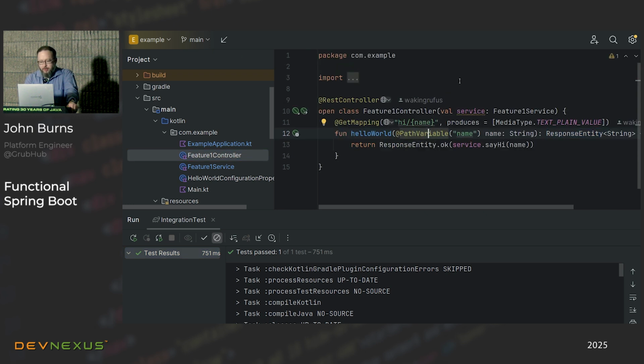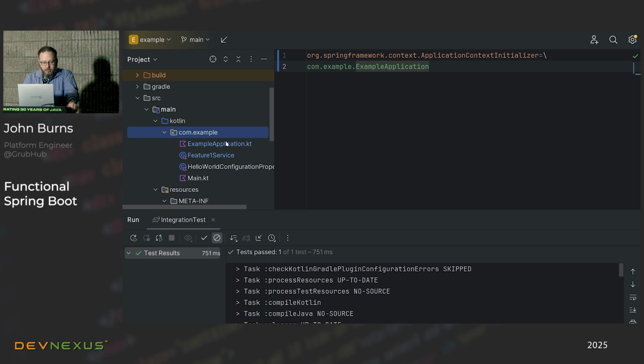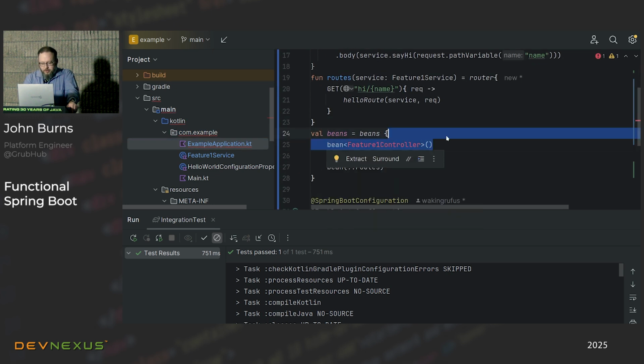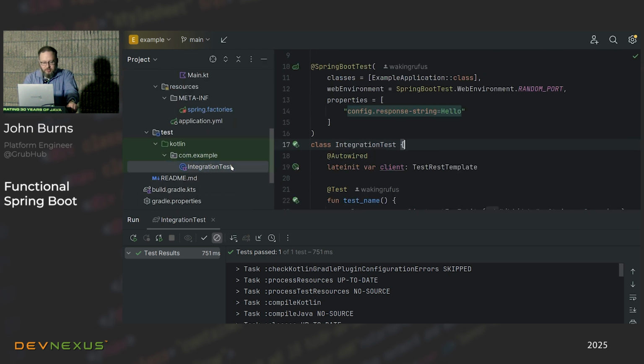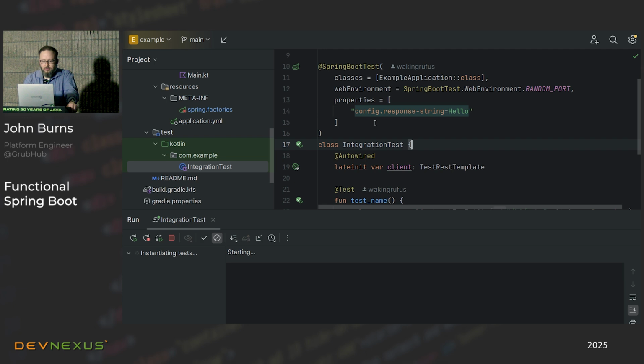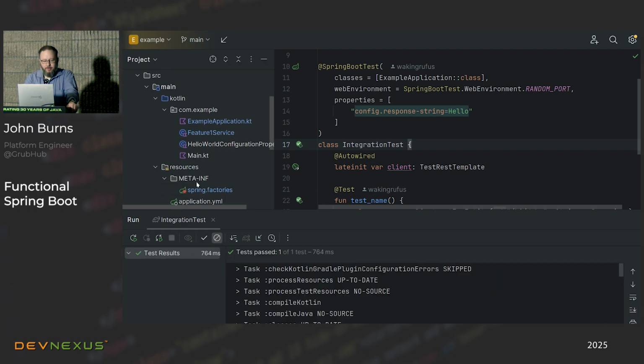But the thing is that now that we have all of that, we actually don't need this controller at all. Right? I rewrote this line of code up in that other thing. So I can actually just delete this. Get rid of that. Which means I no longer need this bean. Okay. Let's make sure it still works, and I didn't do something terribly wrong. Yeah, it still works. Okay, there we go.